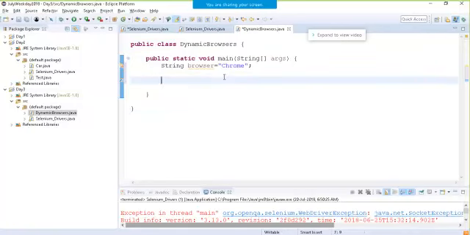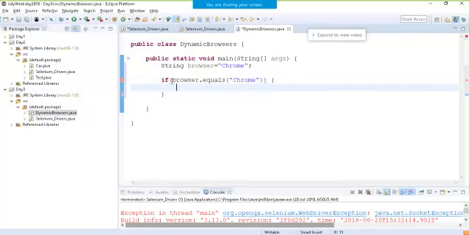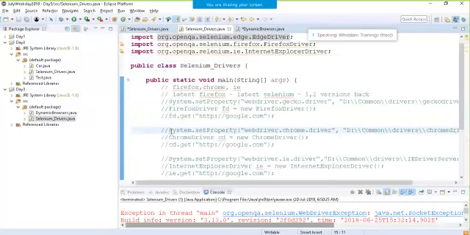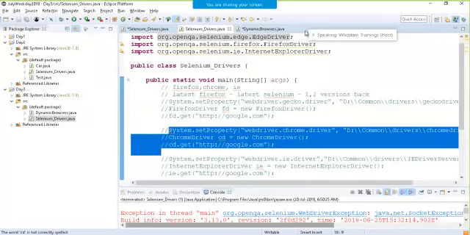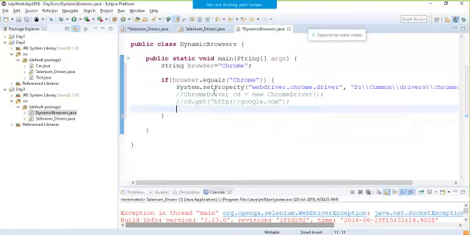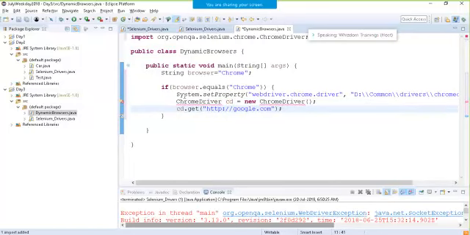Okay, now you can write if the browser is equal to Chrome, then you can write the code for Chrome, that is system.setProperty. You can write over here, you can create the object of Chrome driver, Chrome driver.get google.com, right? And then you can